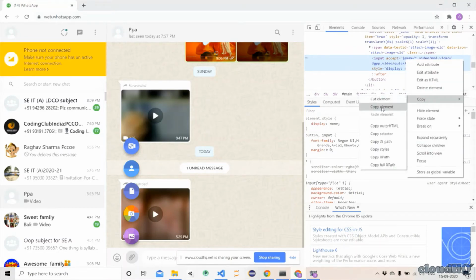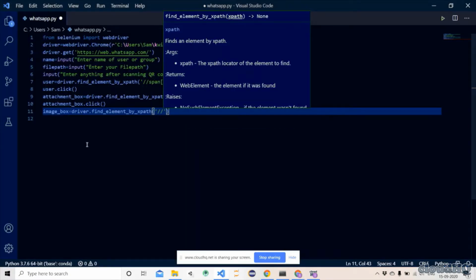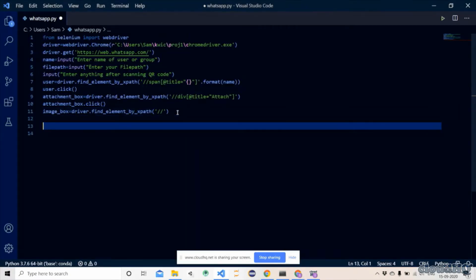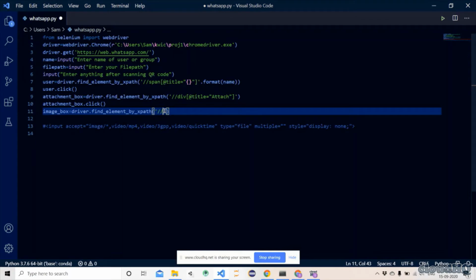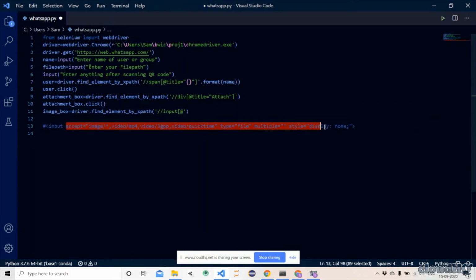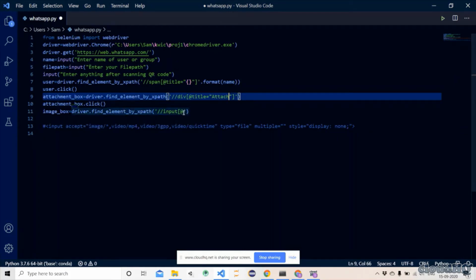Copy. So I would just copy element, right? And for simplicity's sake, I would just paste it here, right? And you can see that input, and I will just paste this whole thing here, okay.